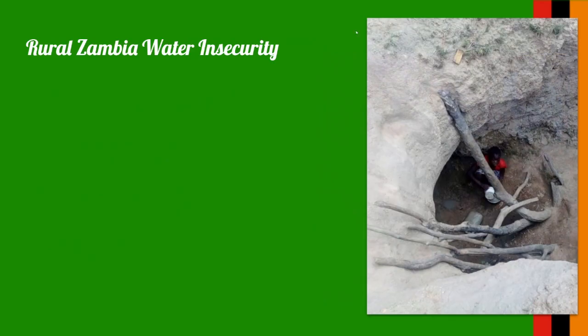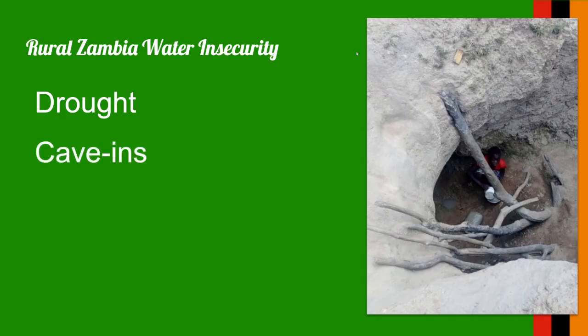Now, the rural water situation in Zambia can lead to incredible insecurity, especially during drought. During drought, these water wells or pits or puddles become holes, caves in the ground, which can easily collapse. The dryness of the soil, the lack of clays, other types of roots and trees can cause this to just completely bury people alive. Plus, if you've got a distressed water situation and you don't want to go get water because of how dangerous it is or how far you have to travel to get it, it can result in heat exhaustion, passing out on the way. There's a high mortality rate associated with the danger of water scarcity.